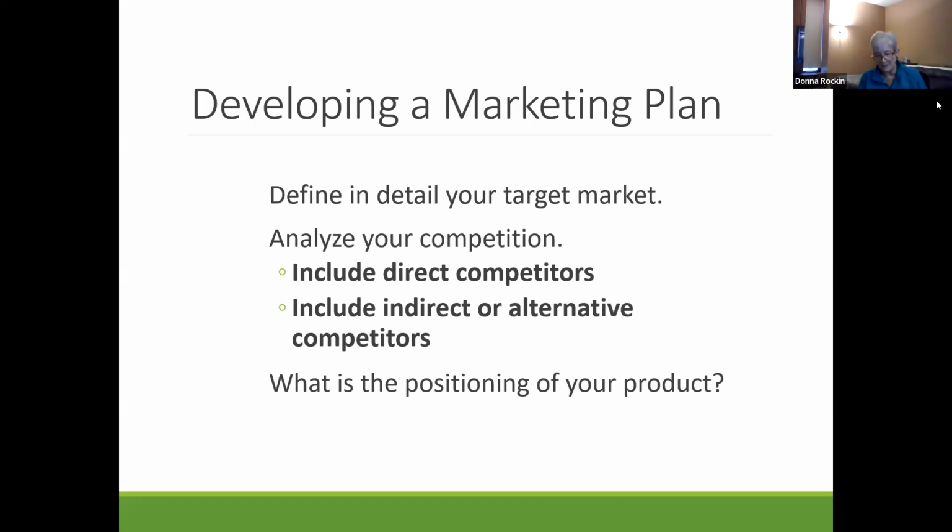So it's direct competition, but indirect competition is also milk, juice, water. So you have to really think about what else will quench your thirst. There's energy drinks now. There's knockoffs. There's Red Bull. There's all sorts of things that are indirect competitors. So you have to think about all those things when you're analyzing your competition. Especially if it's a product that's going to go in a grocery store or a quick mart.